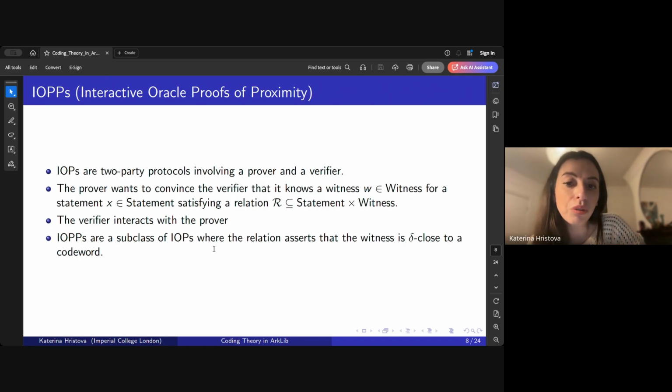And the prover knows the witness, and he wants to convince the verifier that the relation, which is a subset of the statement and the witness, is true. So he wants to convince the verifier of the truthfulness of the statements. And so the focus of this talk, because this relates to coding theory, are those IOPs, which are a subclass